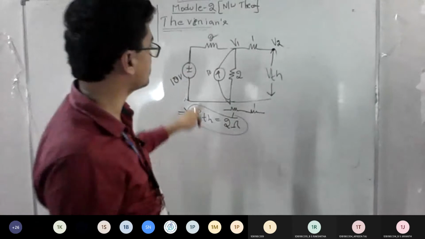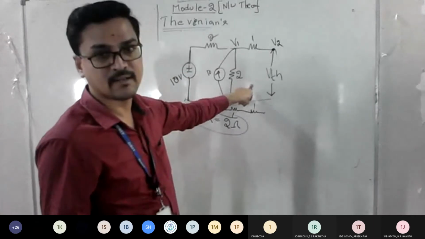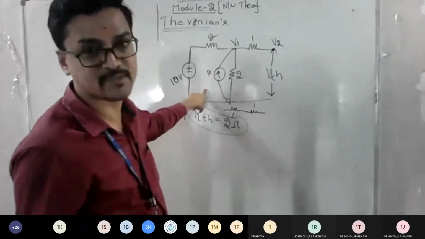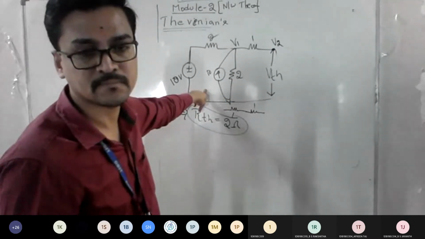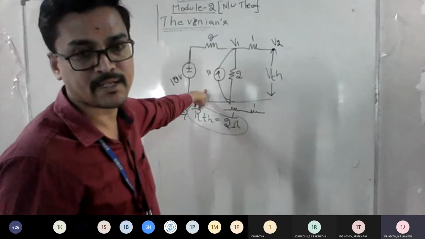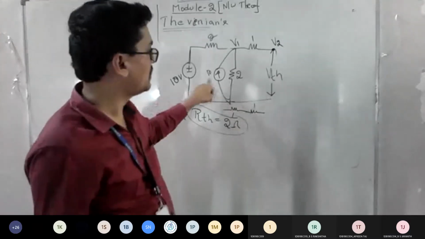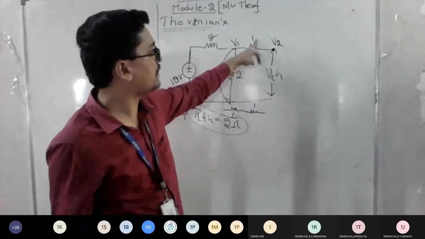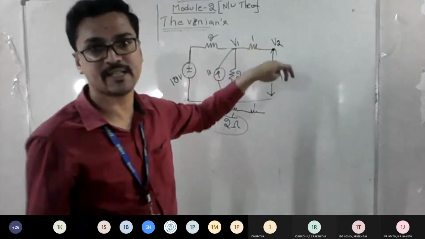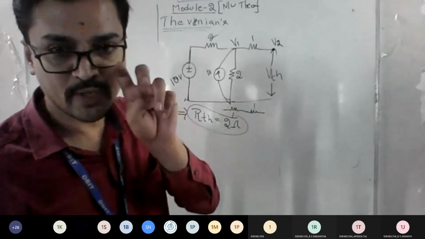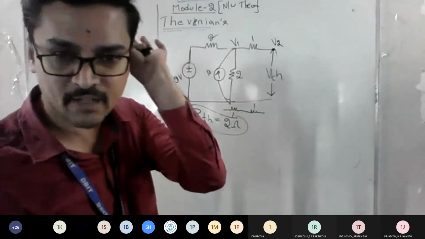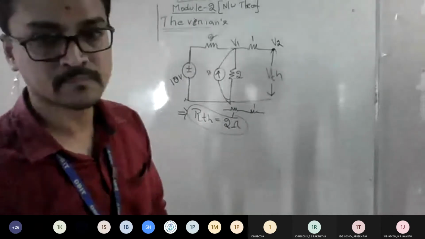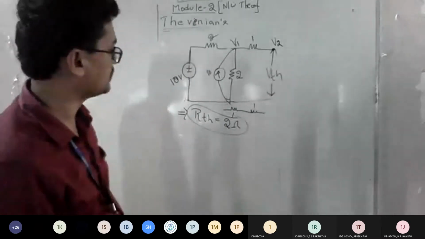If you're applying mesh analysis, mesh 1, mesh 2, mesh 3, you need to find I3. So for the first mesh and second mesh, apply the super mesh concept. Correct? Yes, sir. So apply super mesh there and you'll get I1, I2, I3 currents. Whatever I3 current is there, I will climb with this 1 ohm resistor to get the answer of VTH. So VTH is I3 into 1 using mesh analysis. Am I clear? Yes.